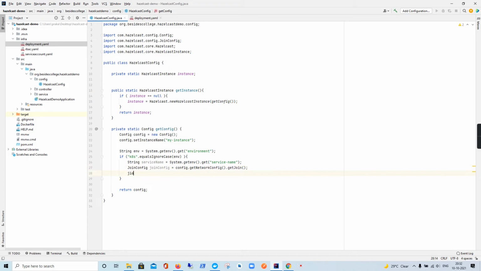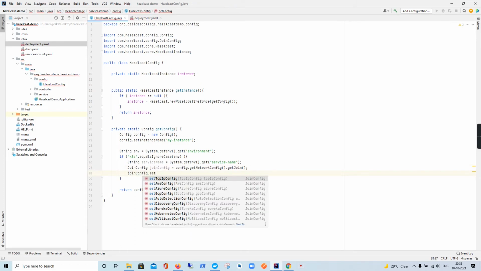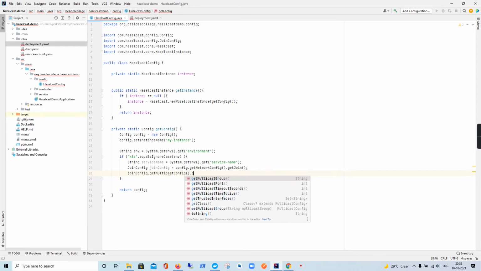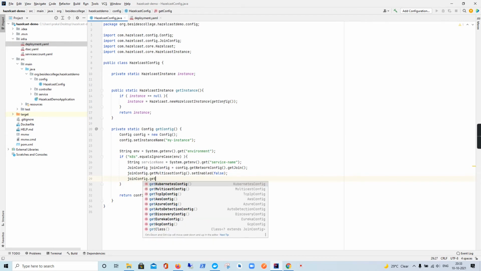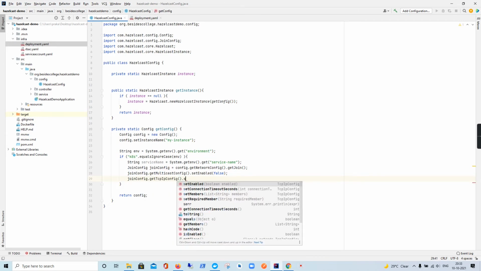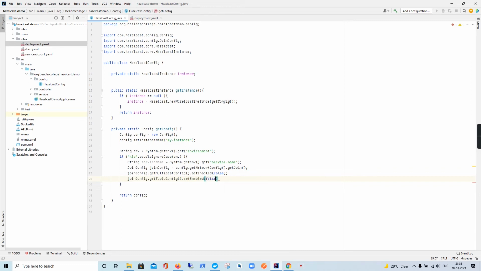As a first step, let's go ahead and disable the multicast discovery: getMulticastConfig().setEnabled(false), and let's do the same for TCP: getTcpIpConfig().setEnabled(false).